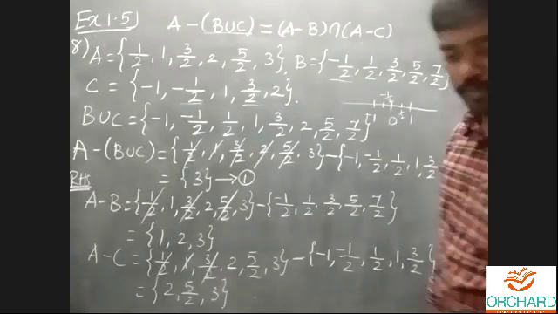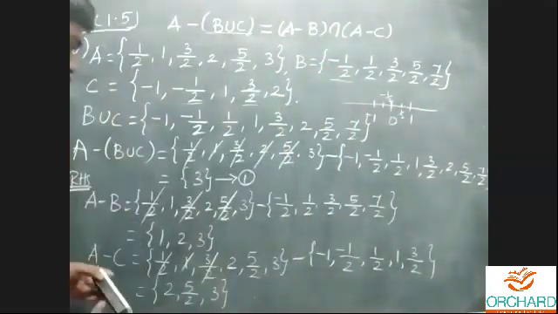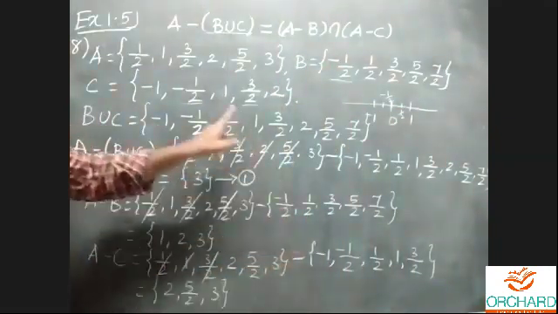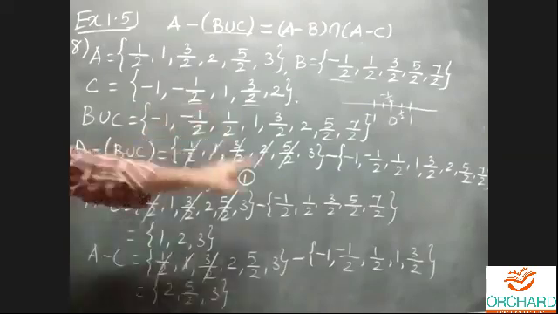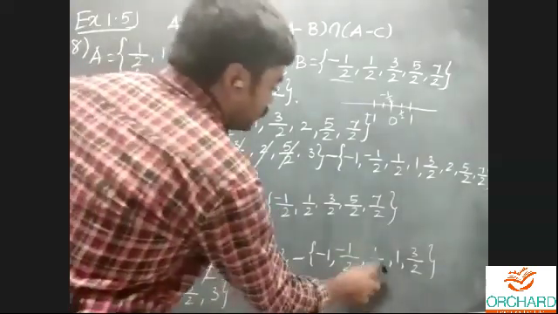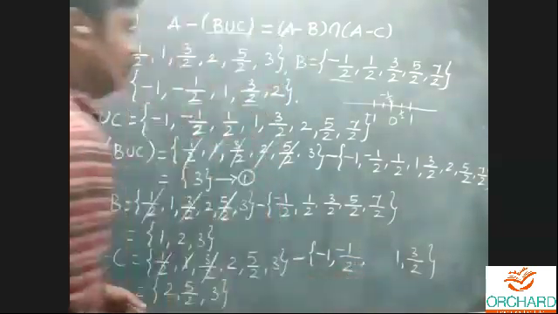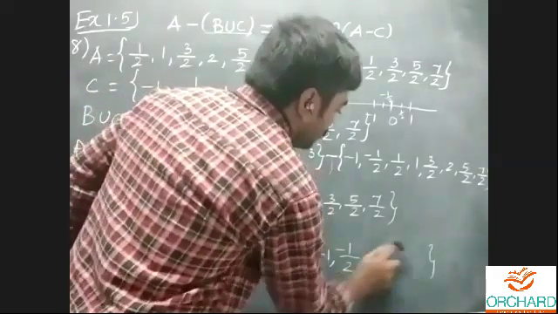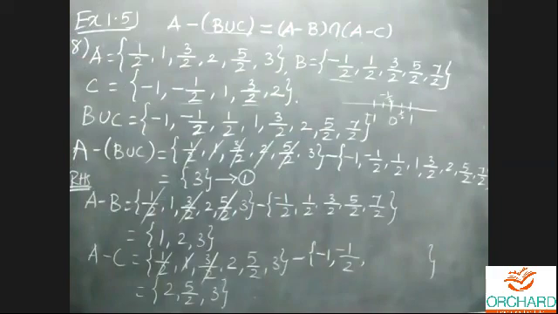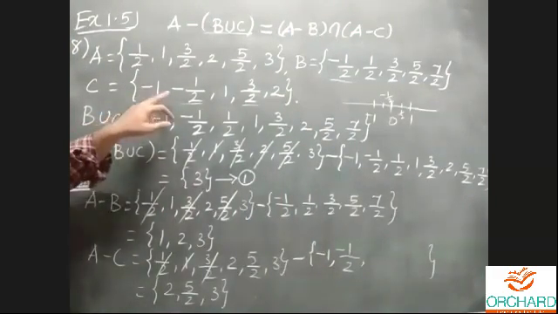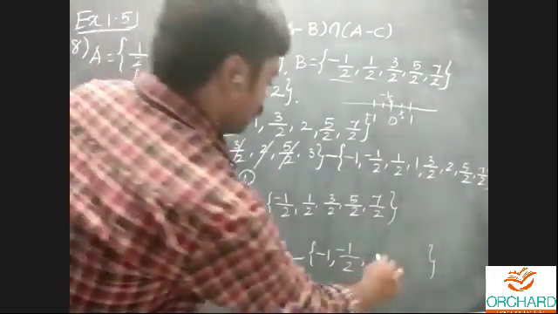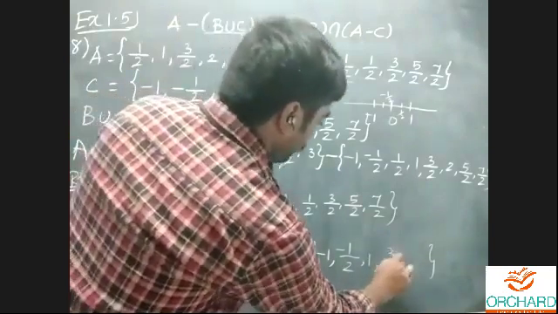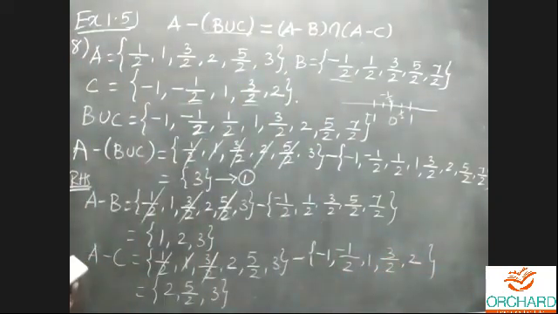Just not right. I made a mistake in that last one. That is the element of C: minus 1, minus 1 by 2, that is 1 only. 1 by 2 is not there. Yeah, I made a mistake in the elements of set C. I'm really sorry, students. You can change the elements of set C alone: minus 1, minus 1 by 2, 1, 3 by 2, 2. Yeah, now we can remove the common elements.